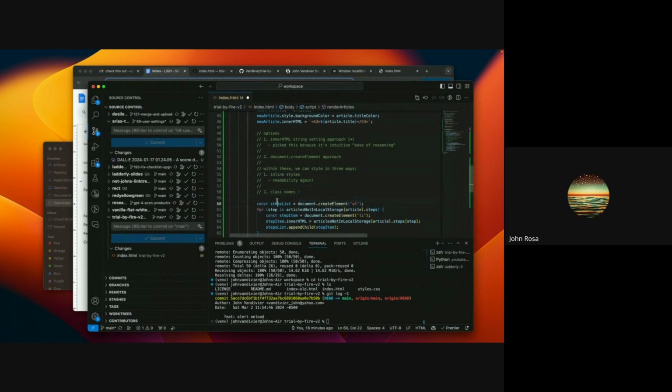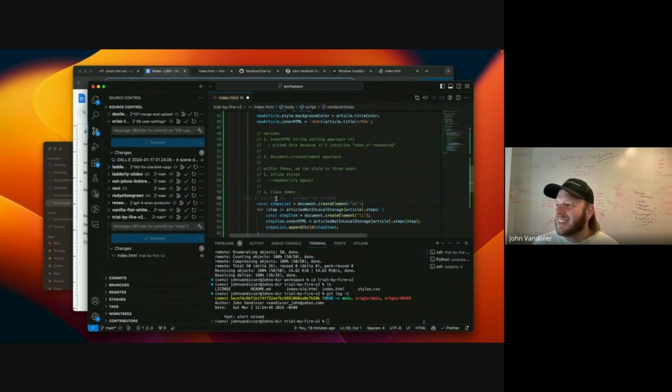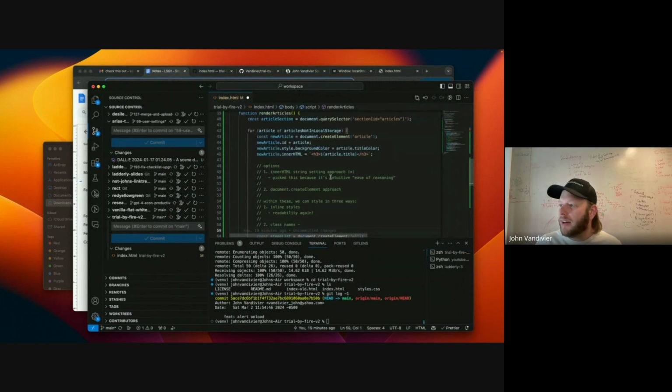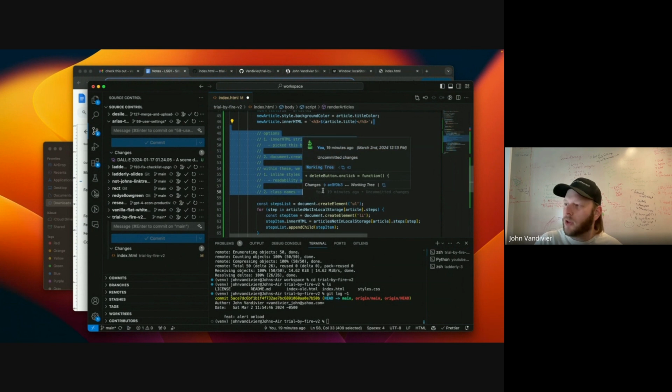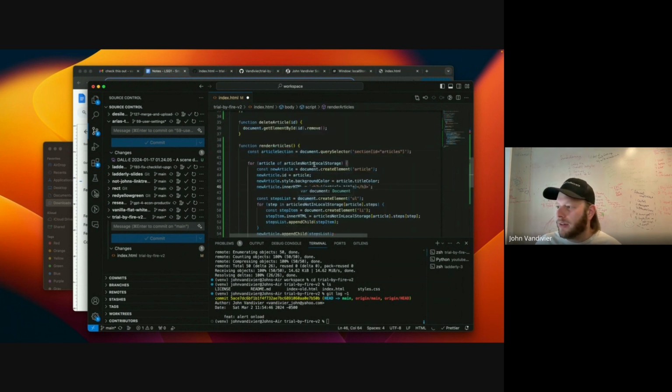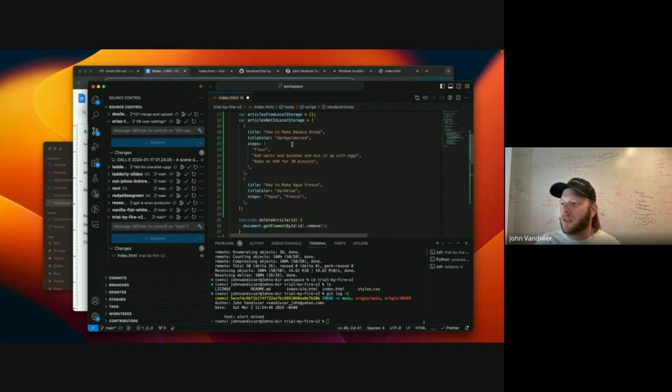Don't die on any hill. Okay, we'll go with inline style here because there's only one title. So we don't need to be able to reuse the title style. That's our justification anyway. That isn't actually necessarily true, because here's the truth.